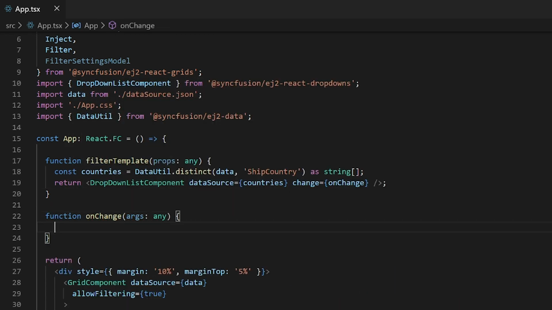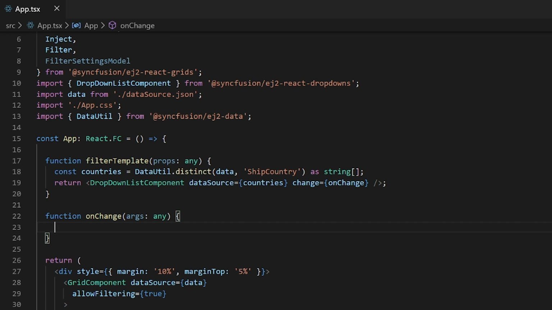Now on changing the dropdown list value, I need to manually filter the data grid records based on the selected value. To achieve this, I can bind the data grid source with a state and update it manually. But in this example, I will use a built-in function of the grid component.